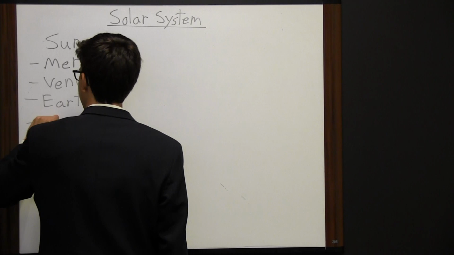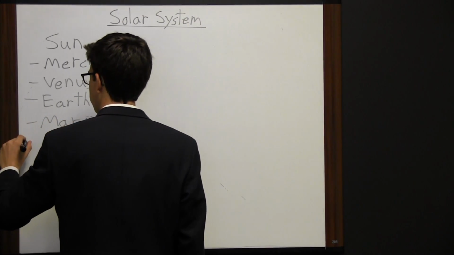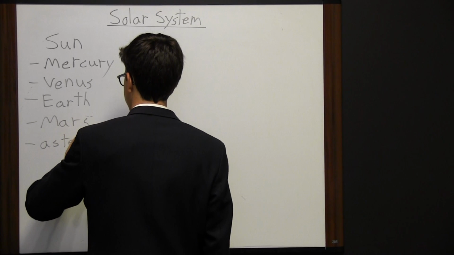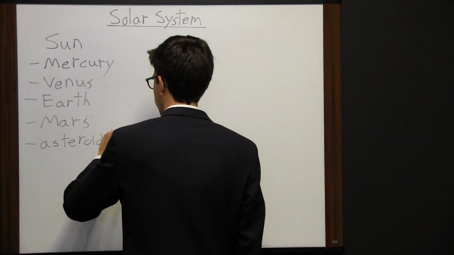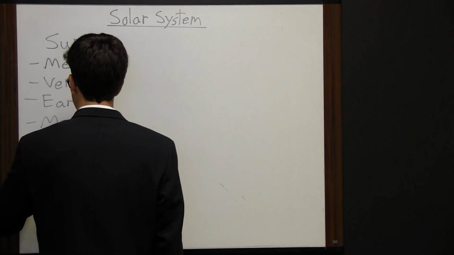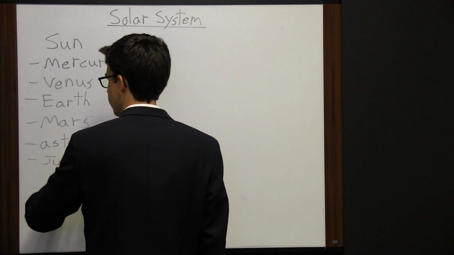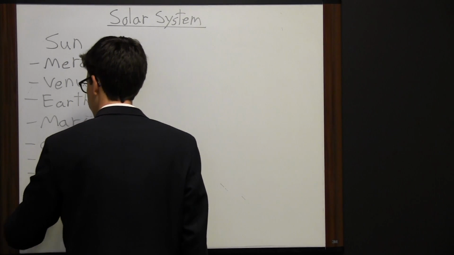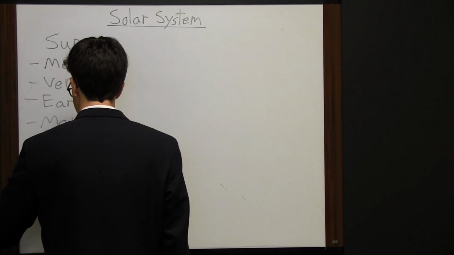Then we have Mars. And then in between Mars and the next planet we have an asteroid belt. Then after that asteroid belt is Jupiter, then Saturn, Uranus,